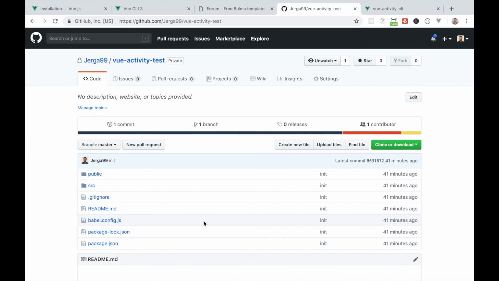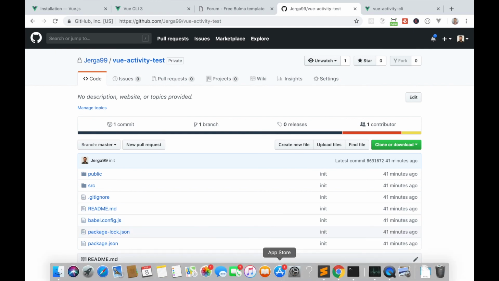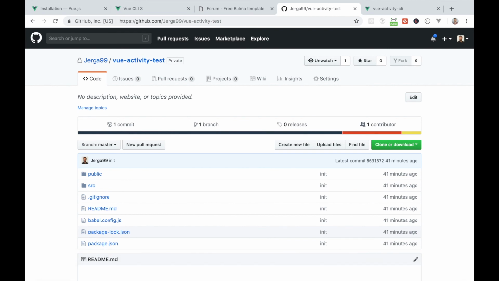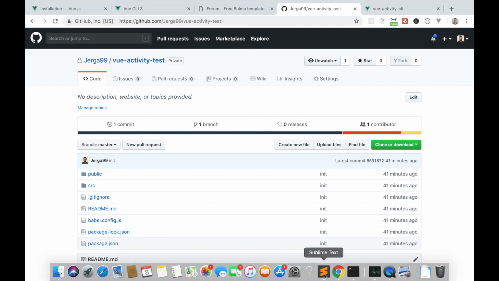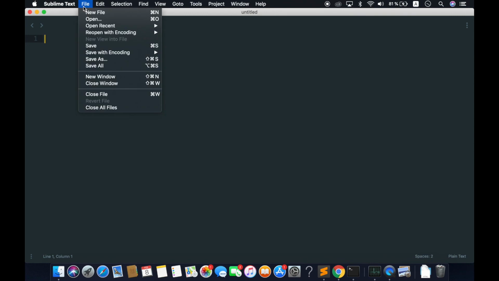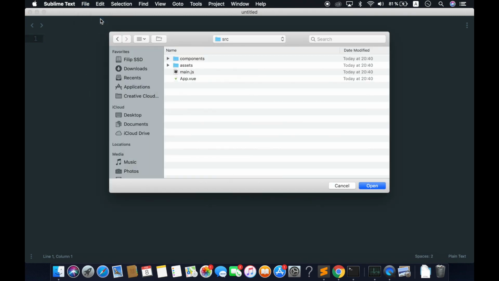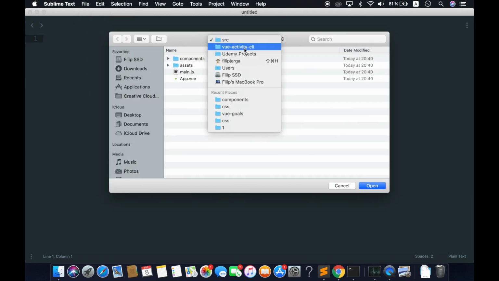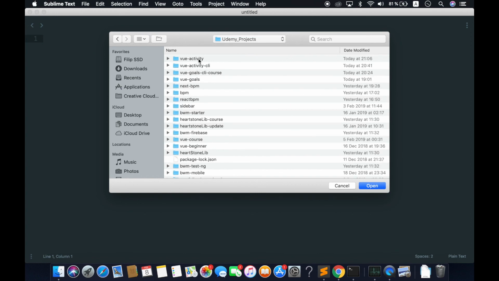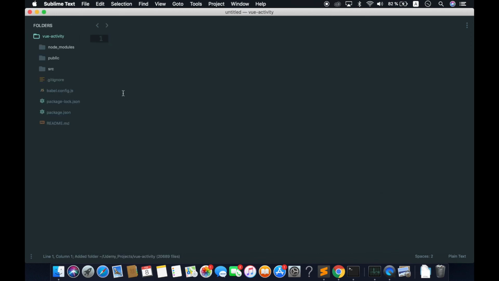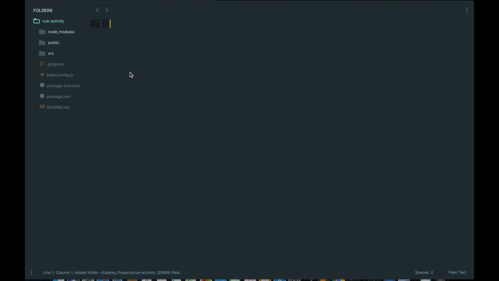Few steps. Okay, and that should be it from this lecture. We will end this lecture here, but before, just open your project. So I will open my coding editor and I will open my new project. So open here and let's find here Udemy projects. And this was vue-activity. I will open this, so we will stay on the screen in the next lecture and we will start explaining these folders here and we will start